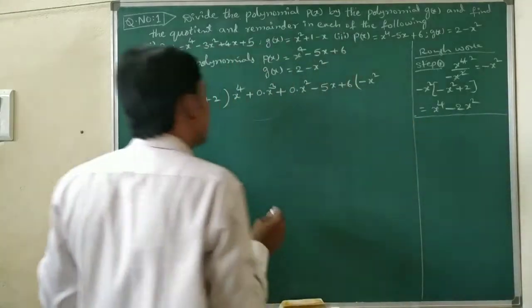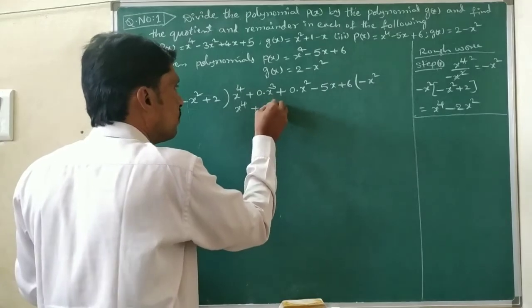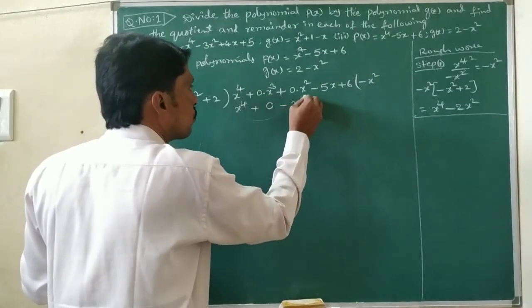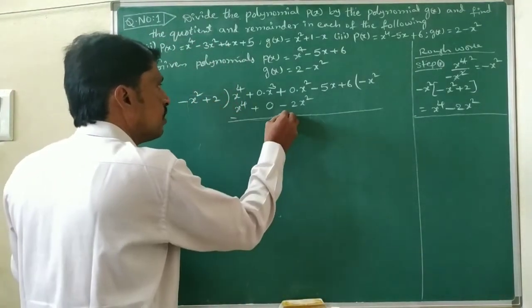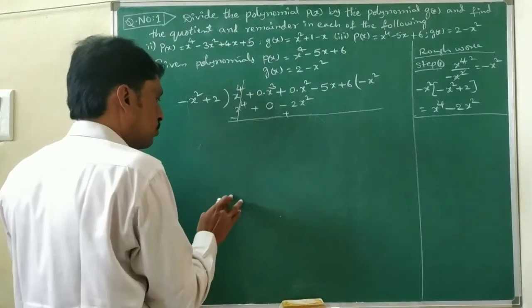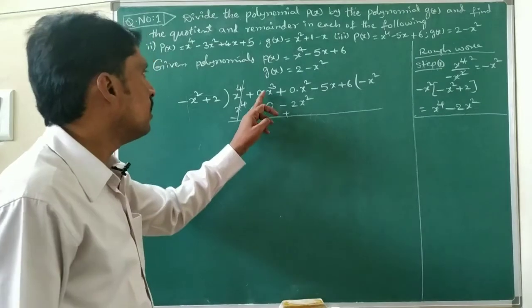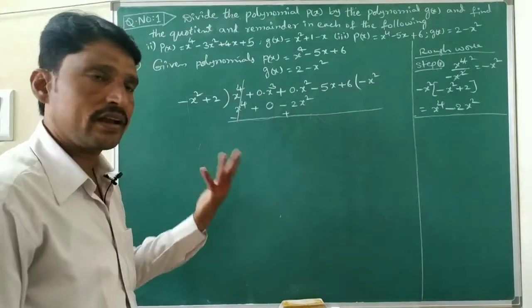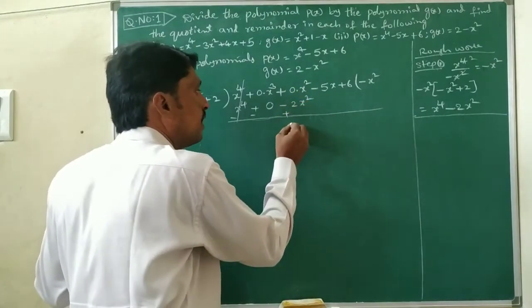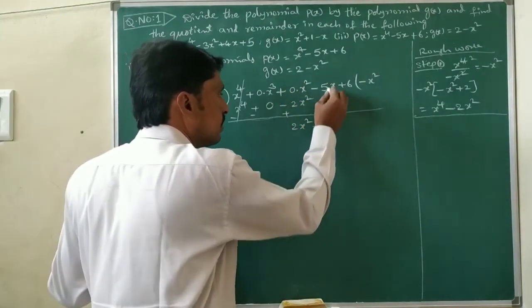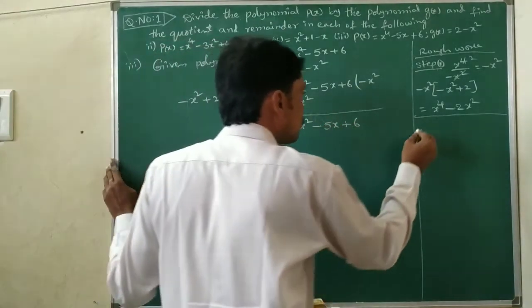This one we need to write here, x power 4 plus here x cube term not there means 0 minus 2x square. X square term here we need to write x square term only. So this is minus, this plus. So this is plus x square, plus x power 4 minus x power 4 get cancelled. Here 0 into x cube means 0 plus 0, we are getting 0 only. Next here we are getting only plus 2x square, that is minus 5x as it is we can take down, and plus 6 also we can take down.